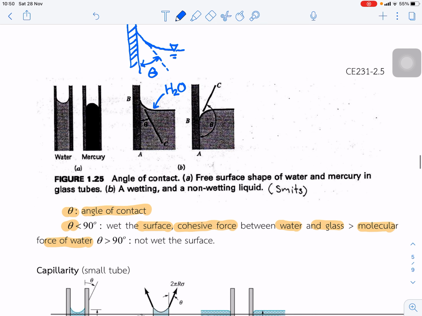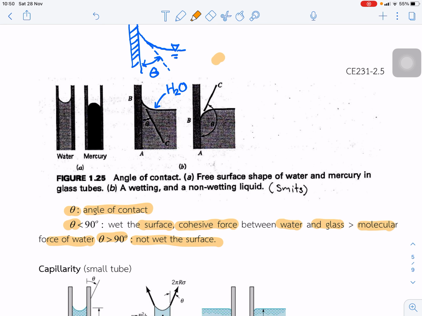But in the case where theta is greater than 90, it does not wet the surface. In this case, theta is greater than 90, so it does not wet the surface. In this case, it's mercury. So the difference between the water and mercury